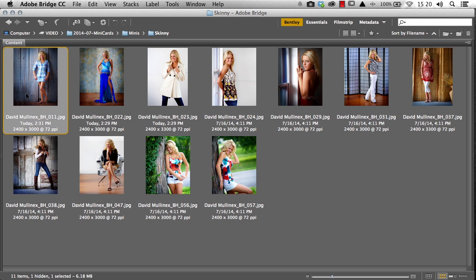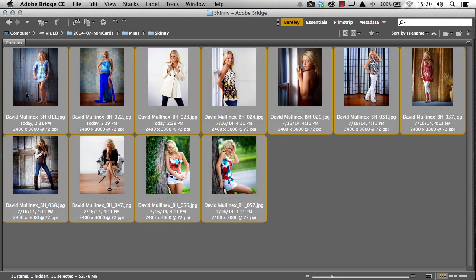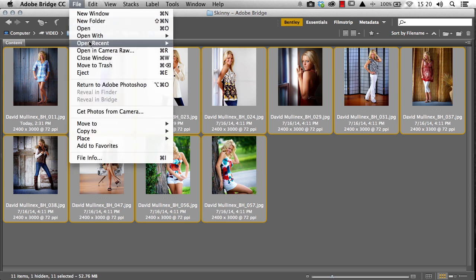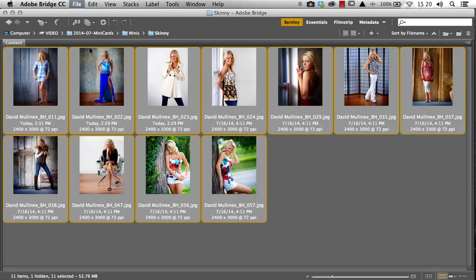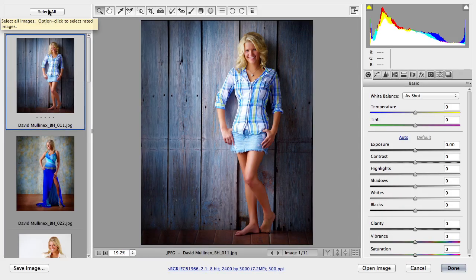First, select all of our images. These could be JPEGs, as we see here, or they could be RAW files. We're going to come under File and choose Open in Camera RAW. In Camera Raw, we're going to press Select All, come to our Crop tool, press and hold on that for just a second,